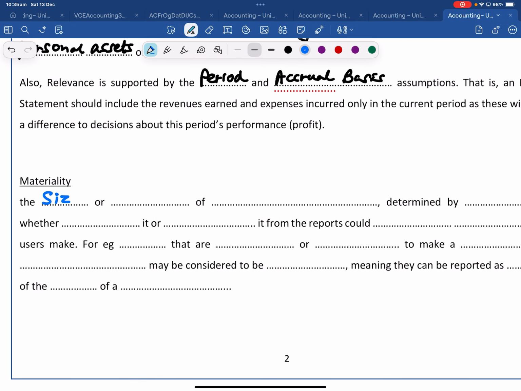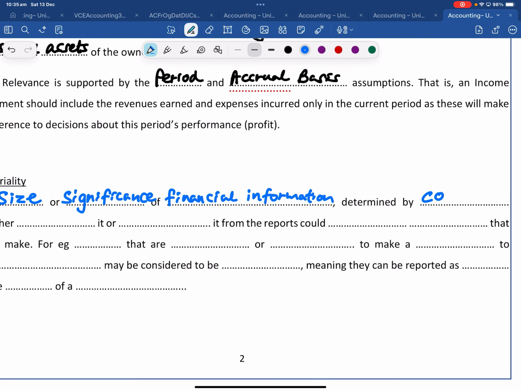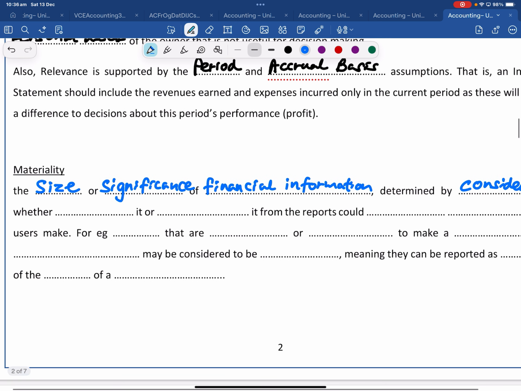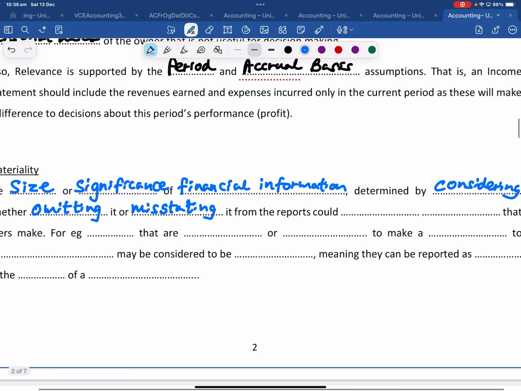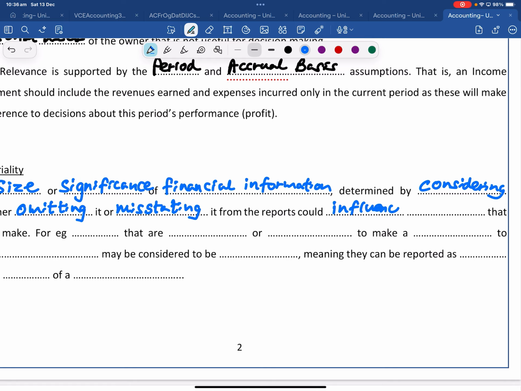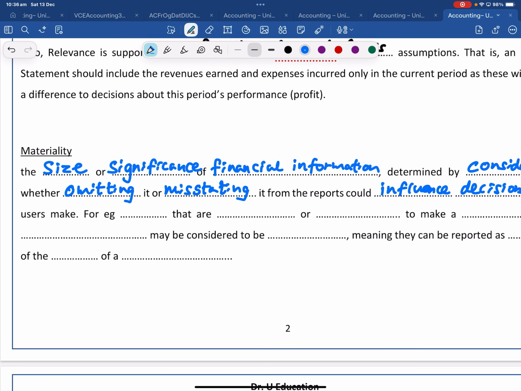The size or significance of financial information, determined by considering whether omitting it or misstating it from the reports could influence decisions that users make. For example, items